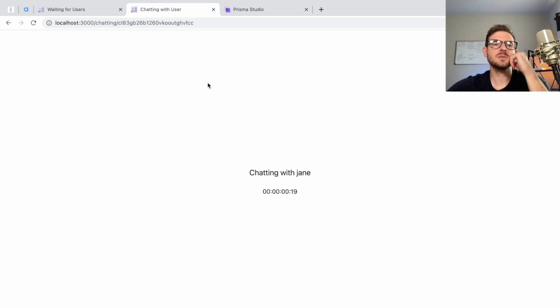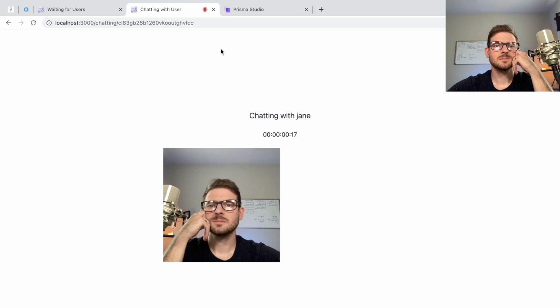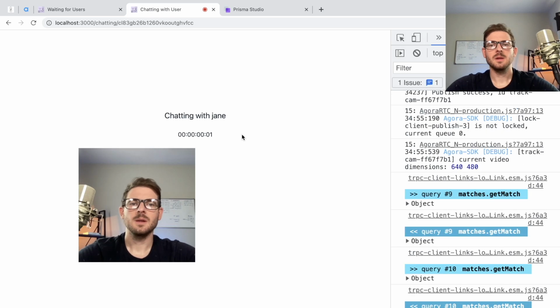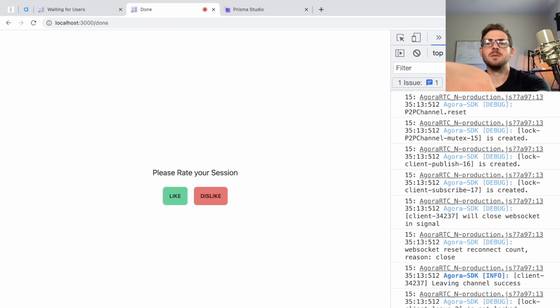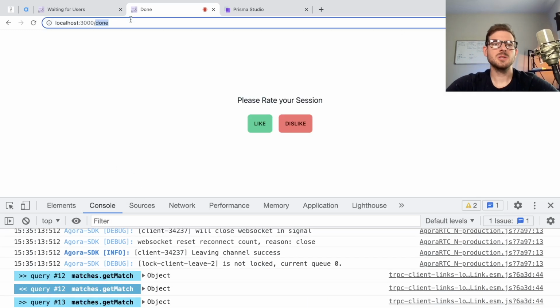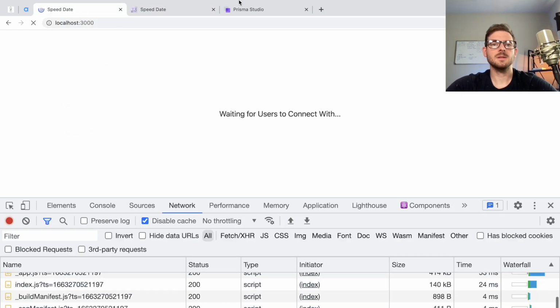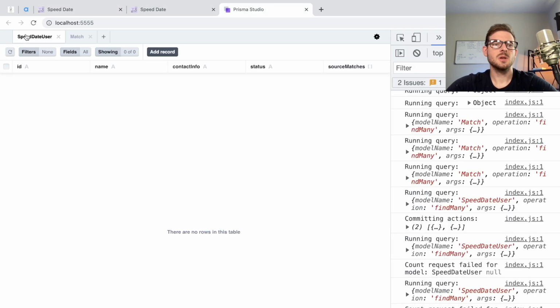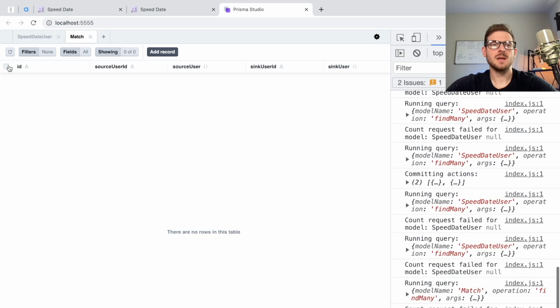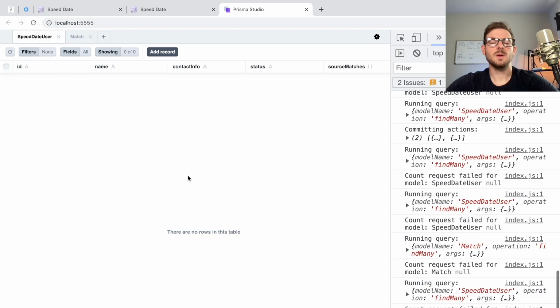And when they connect, I should probably reduce this from 20 seconds to something more like, uh-oh. I think I might have broken something. I don't know what I would have broken, but let's just clear it out again. Let's go back to the main page, go to speed users, delete both, go to match, and I'm going to go ahead and